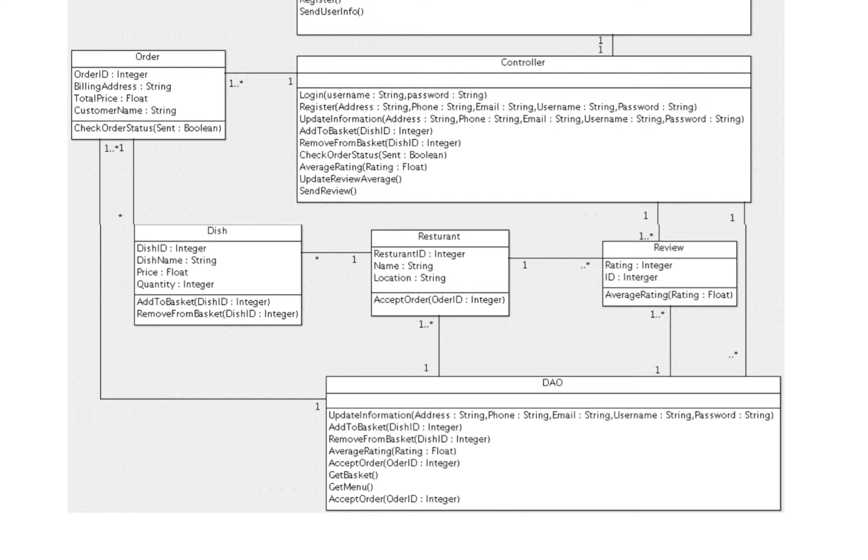On the menu, there are a number of dishes, all of which can be added or removed from the user's basket, as you can see in the operations for this table. The information stored on each dish is to uniquely identify them. The ID, name, a price, and quantity will allow the user to add more than one of the same dish into their order. The order information can be seen